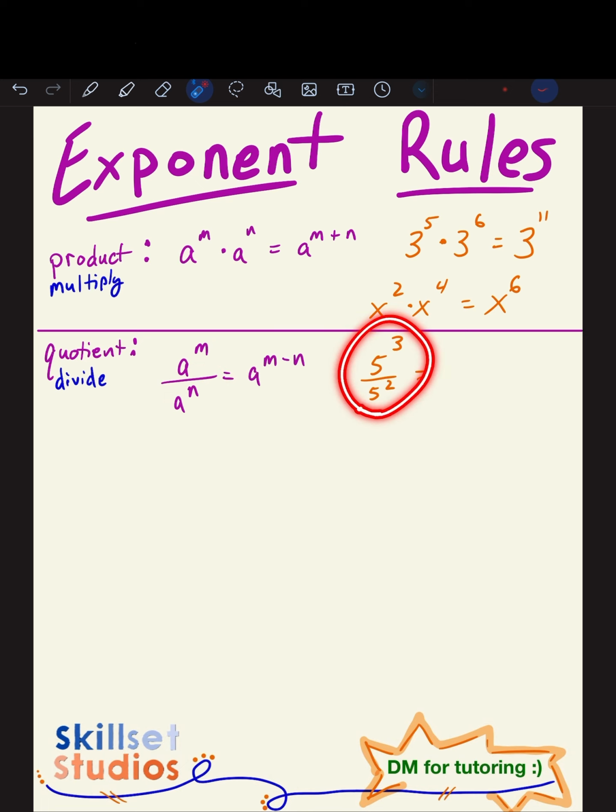So for this example, remember, for the product and quotient rule, if the bases are the same, they're going to stay the same. Only the exponents change, and the quotient rule says we subtract them. So 3 minus 2 is 1. So technically this is correct, but anything raised to the 1 is just itself, so we can just write 5